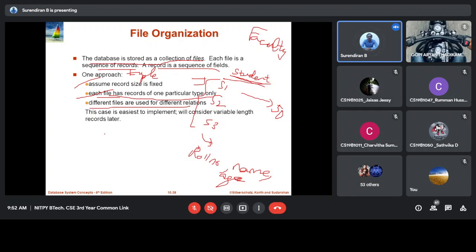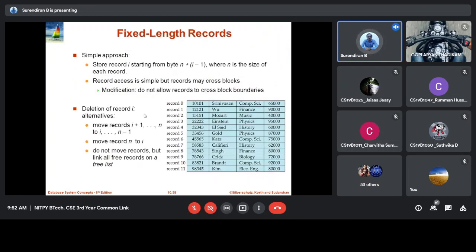So fixed length records and variable length records are the two most used approaches for storing a database in the system. Here, the fixed approach is the simple approach. Here they store each record as a set of bytes, where n is the size of each record.